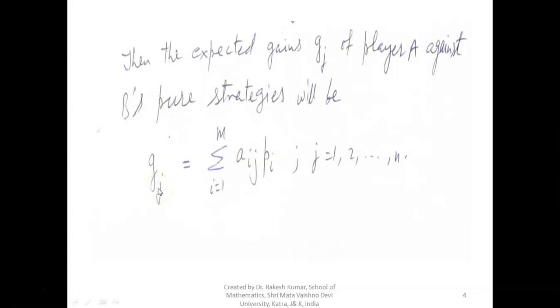So G1 will be equal to summation i from 1 to m ai1 pi. So this will give me the expected payoff to player A corresponding to the pure strategy B1 of player B,